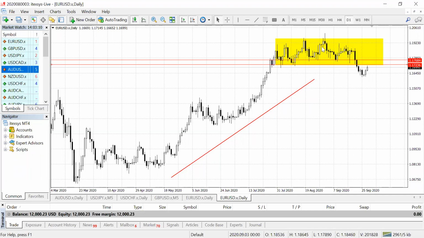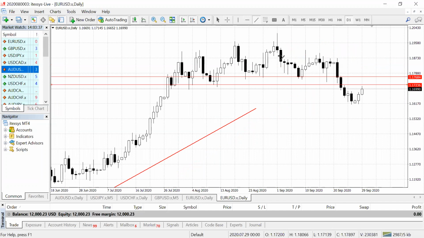But just be aware, we're transitioning from a consolidation market to what's probably going to be a trending market on the daily charts. So we had the breakdown here, and we're now retesting the bottom part of that consolidation. So the natural next movement from the market would be to the downside. The market should approach